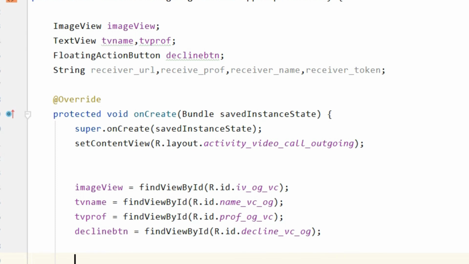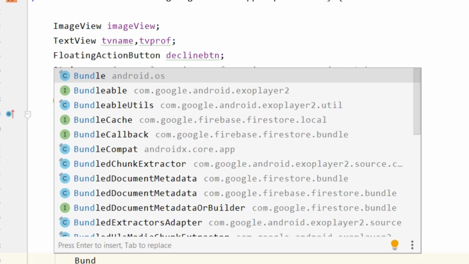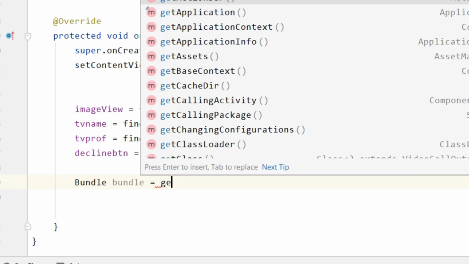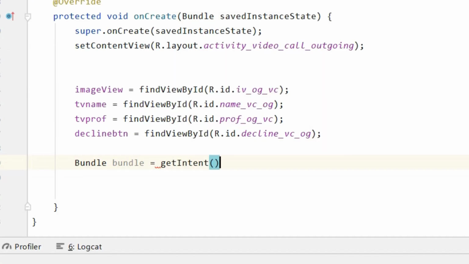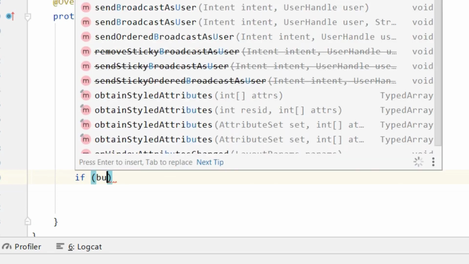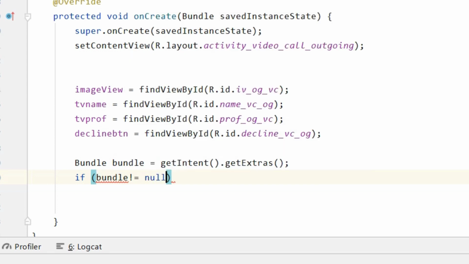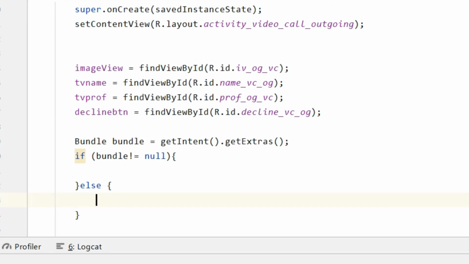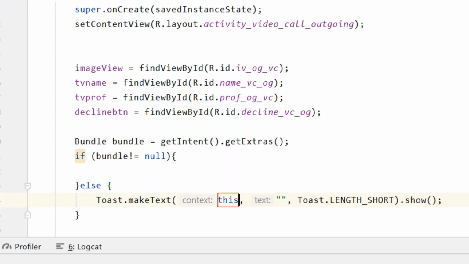Now, after this, what we can do here is use a bundle for retrieving the data of the previous activity. Simply write bundle equals getIntent().getExtras(); and then bundle not equals null. So if bundle is not equal to null, then we will get the data. Else we can show a toast message that